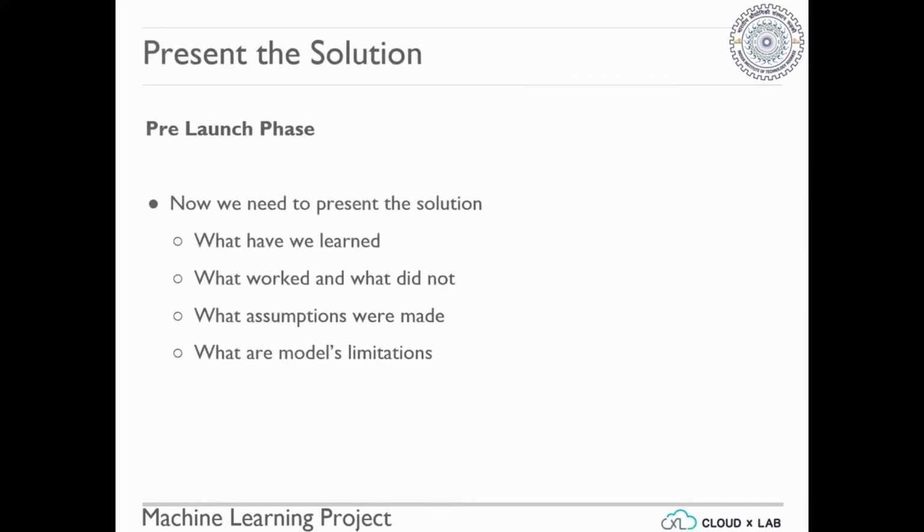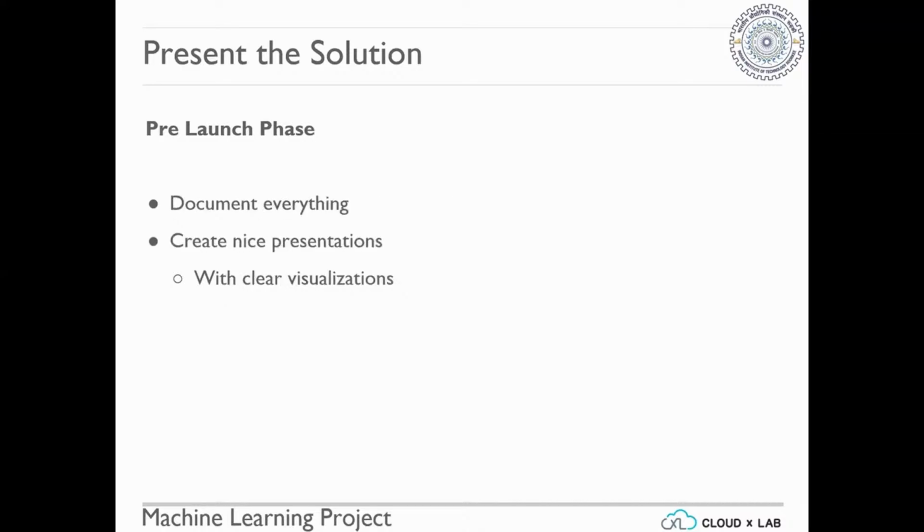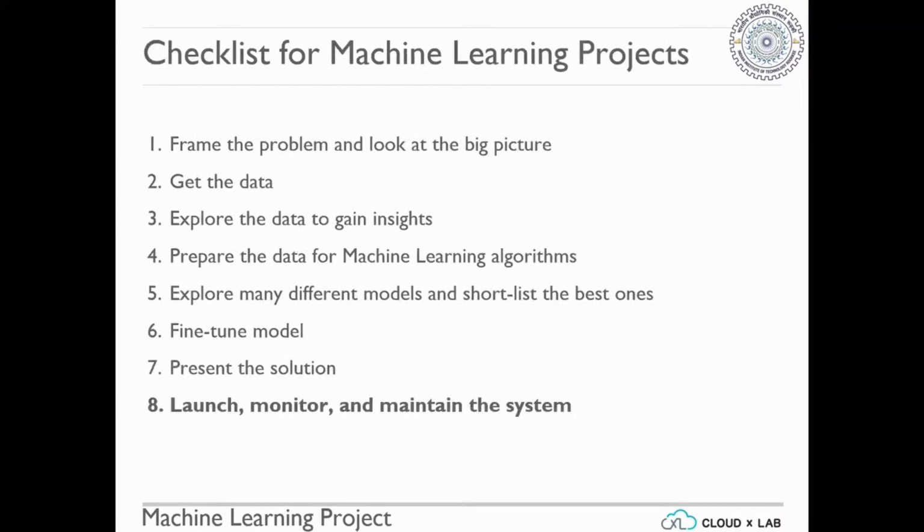So in this step, what you will do, you will document everything, right? So what have you done, what hyperparameters tuning you have done, and what cases you have explored, right? So these are the models that you have tested out. These are the drawbacks of that model, right? So all types of documentation you will do here, right? And then you will make a presentation, you will present your idea, you will present your model